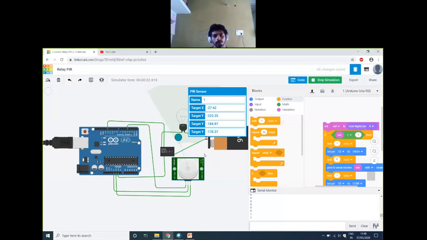If you want to switch it on for your home, definitely you have to use either a relay, or you have one more component, that is a triac. A triac can also be used to switch on AC appliances. The advantage of a triac is that you can vary the brightness also. Like if you want to switch on a fan and keep it at speed 5, 2, or 3, you can use a PWM output and connect it to that triac.